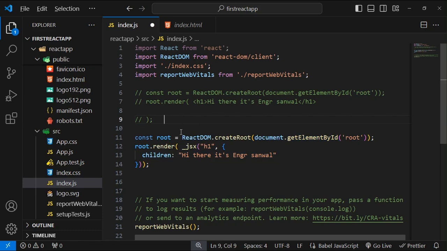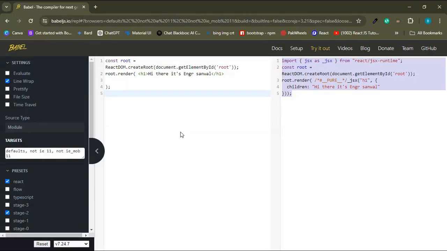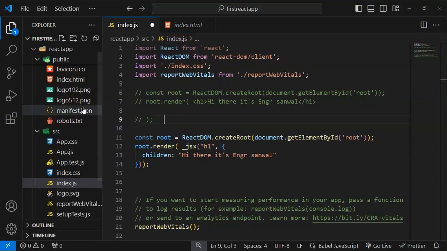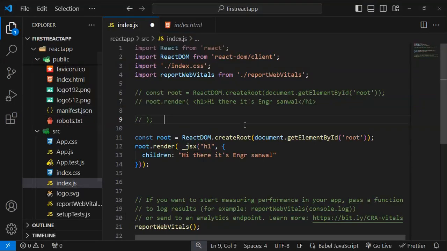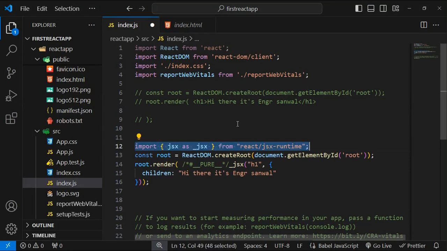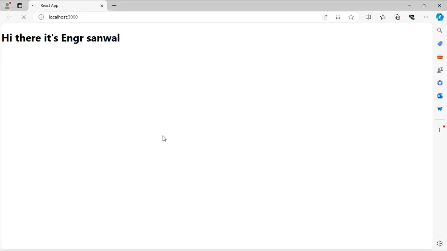Let me save it and show you the output. I have an error. I think we had removed something from our code. Control Z. Oh, we had removed the import of JSX. Control S. You can see that the output is still the same,